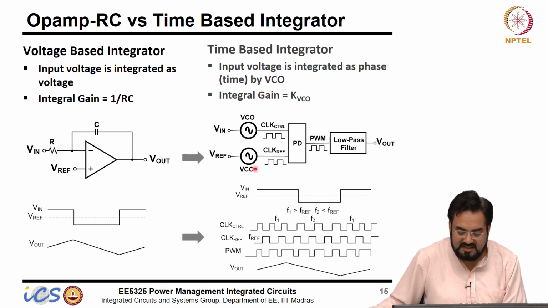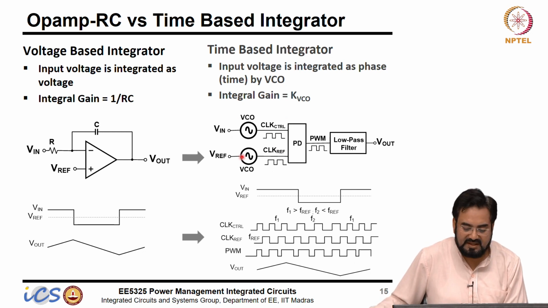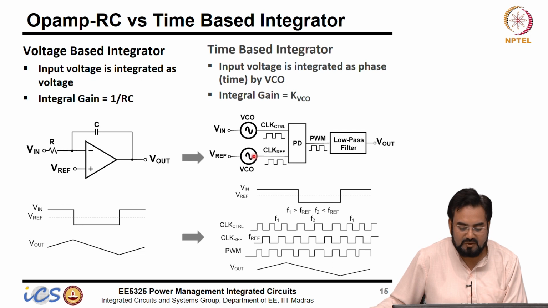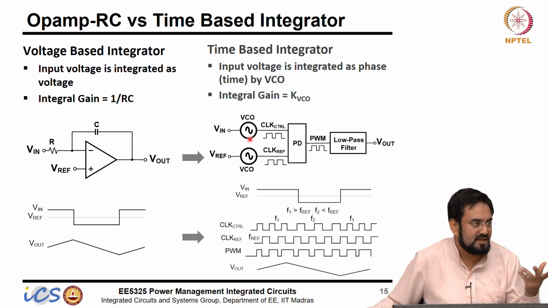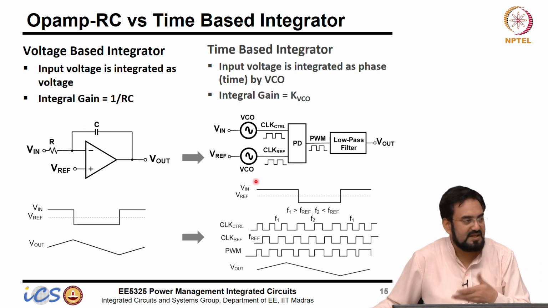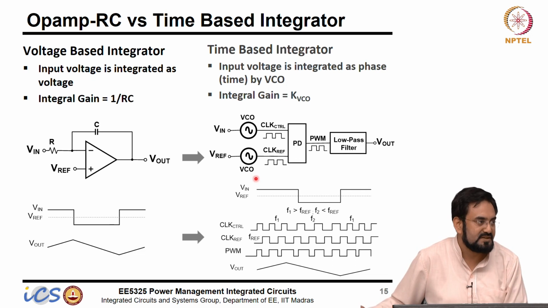Okay. The reason we use a VCO here is that if I feed a clock ref directly, then with process, voltage or temperature, this VCO will change, so you will not get the same thing in that case. We want this guy to track this guy, so that whenever Vin equals Vref, no matter what the VCO frequency is, both will have a 0 phase difference, provided that your VCOs are matched. You cannot have different KVCOs, otherwise you will get an offset.